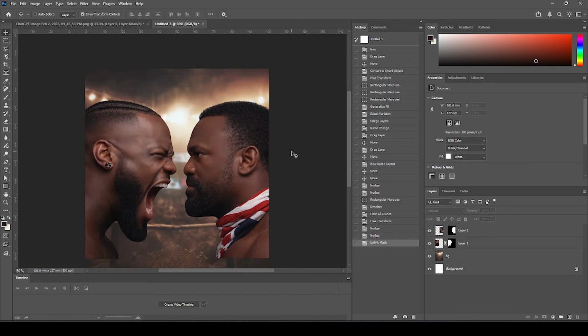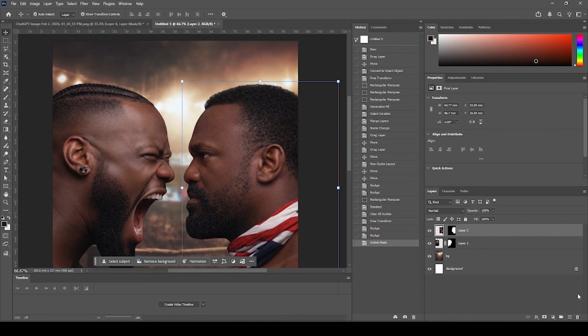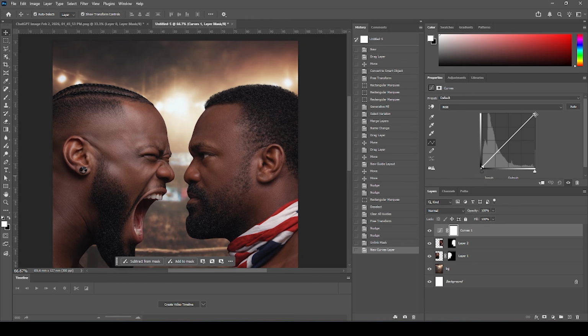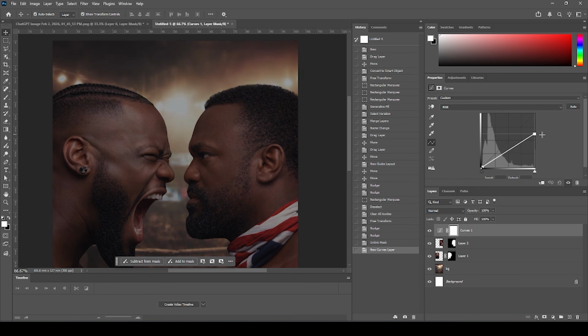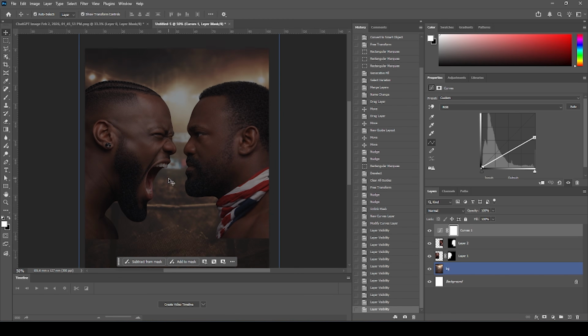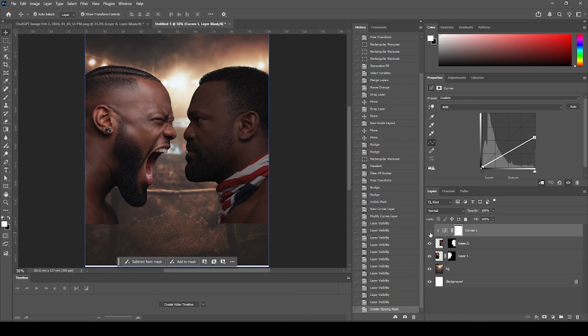So there is a light coming from the background, so let's add some rim light, and for that let's add a curve and let's make it darker, just like that. Now this curve is affecting the full poster. We don't want it, so for that let's click on clip to layer so that this will affect this specific layer only, and let's rename it as